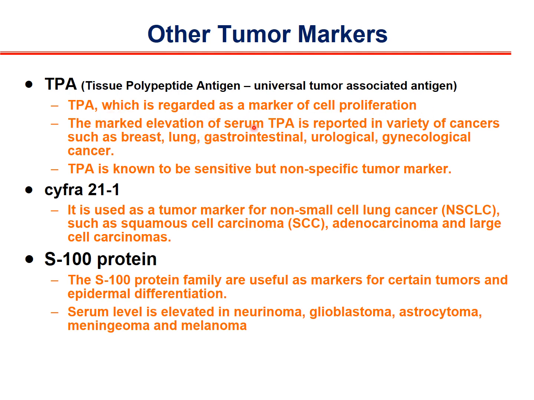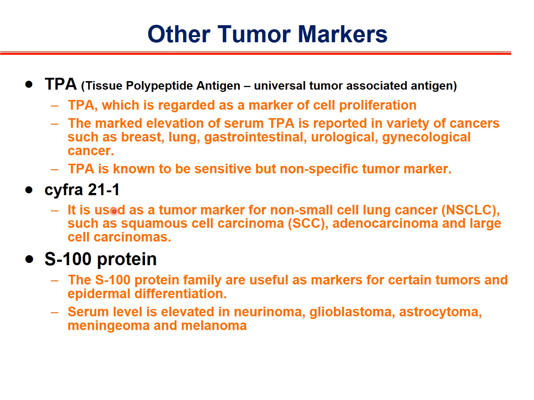The marked elevation of serum TPA is reported in a variety of cancers such as breast, lung, gastrointestinal, urological, and gynecological cancer. TPA is known to be a sensitive but not specific tumor marker. So to follow the therapy or the regrowth, it's a very good one. The CIFRA